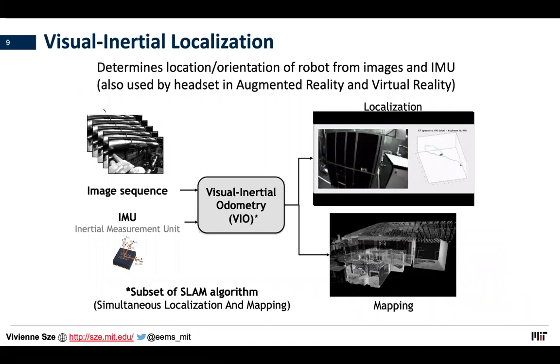I'm going to start off with Visual-Inertial Localization. This is the very first thing you want to do as a robot, which is to figure out where you are, right? So your location and also where you are actually looking. And this is not just done in autonomous navigation, but also done in augmented reality and virtual reality as well. So you can imagine, in those particular applications, the energy budget is very tight because you're talking about wearable